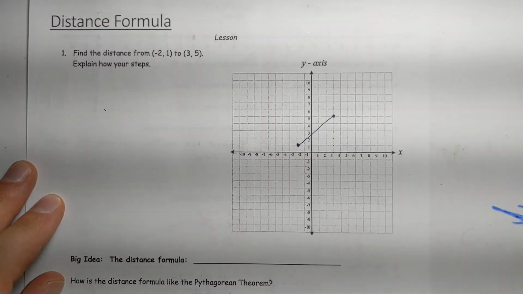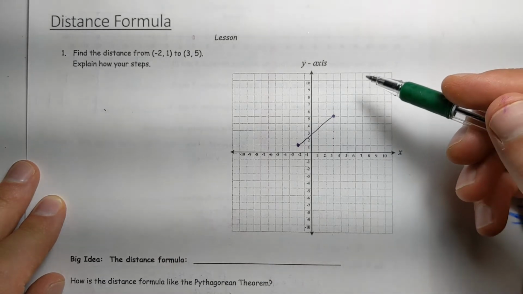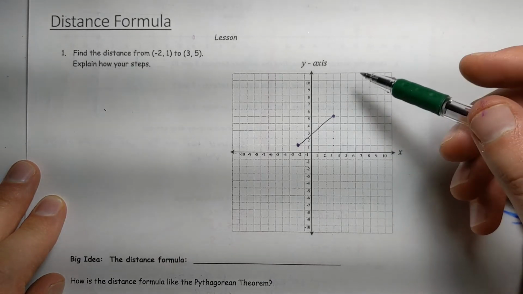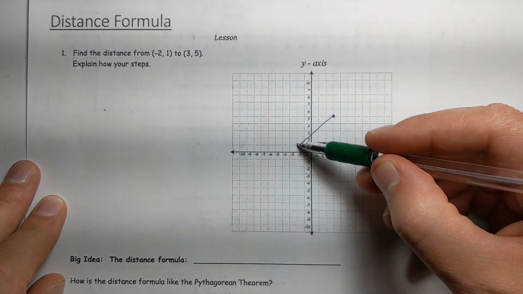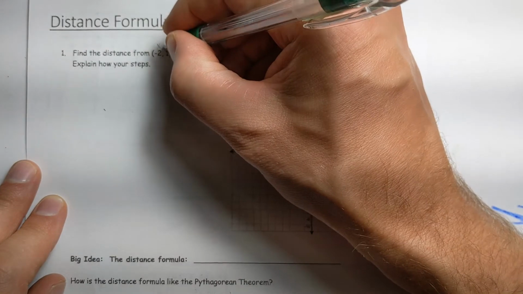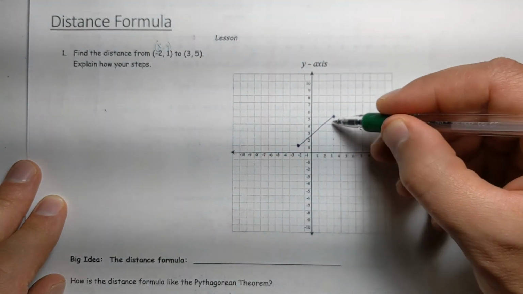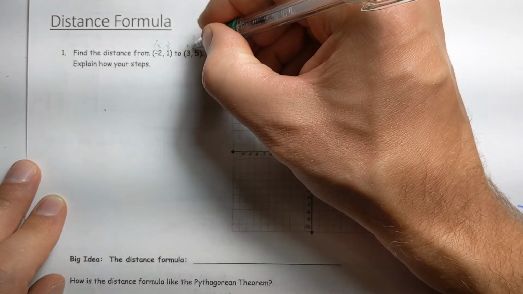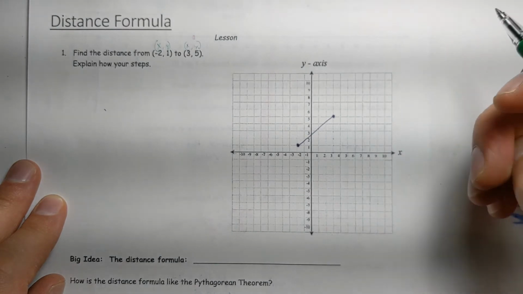Hello everyone. So now we are trying to find the distance between 2 points on a graph. So I've got here -2 comma 1 right there, where this is x and this is y, and I've got 3 comma 5. Again, x comma y goes alphabetically,